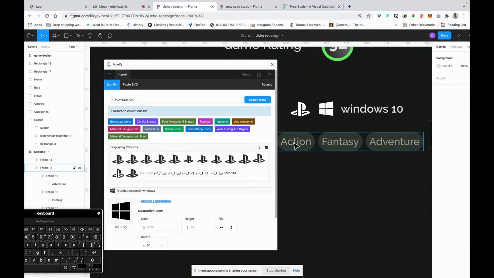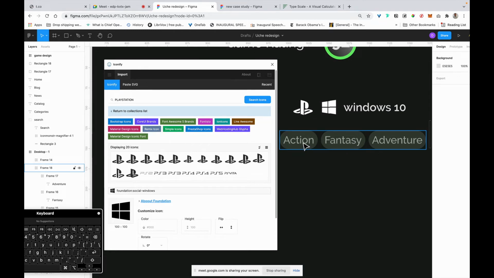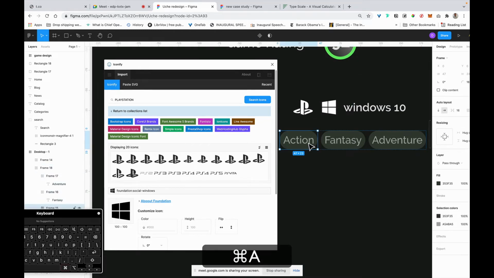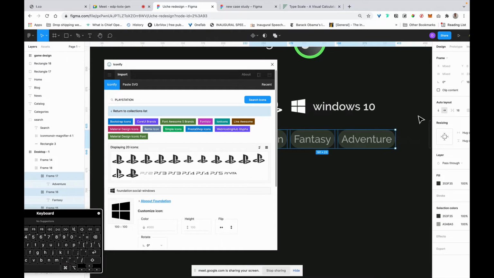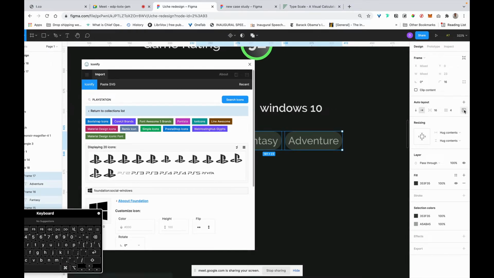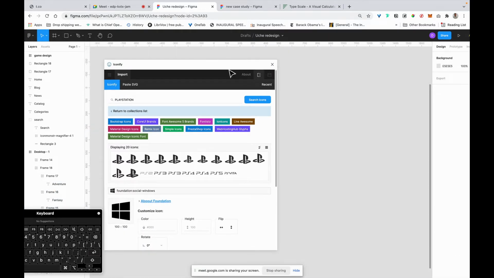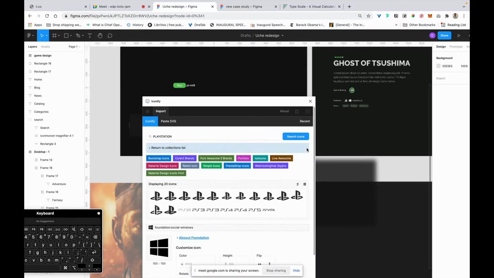Then I noticed that it feels like these texts are being choked up on the left and the right hand side. So what you can do is just select everything like so. Then click one of the points, right? And this one is for what I will do is I just adjust it a bit. 8 on the left hand side and 8 on the right hand side, like so. Okay, so if you look at it now,